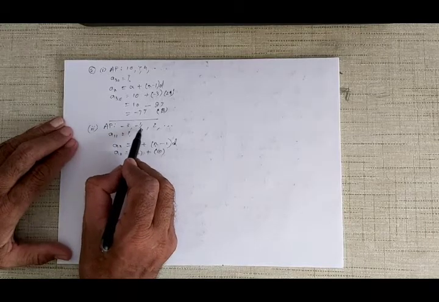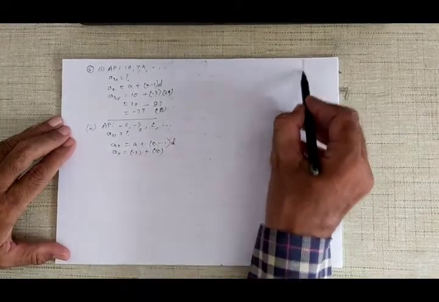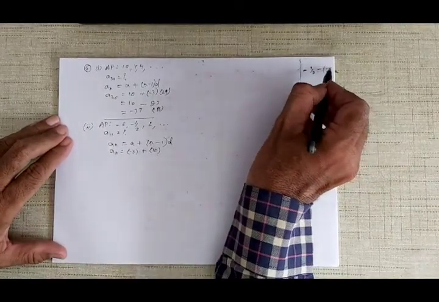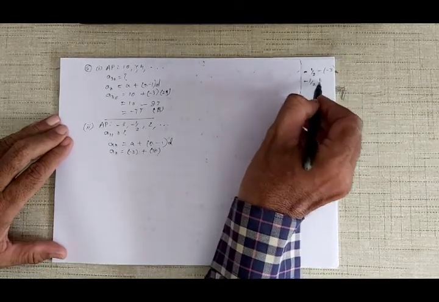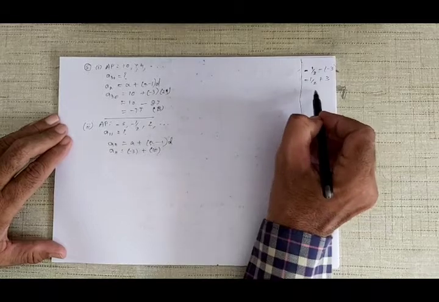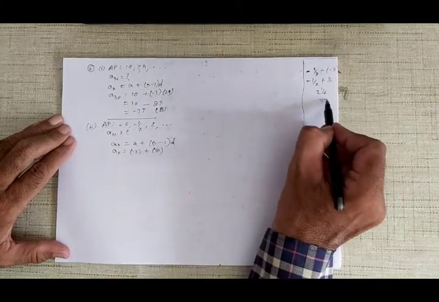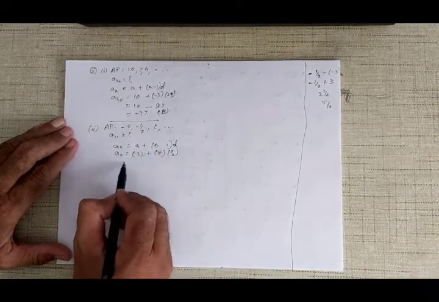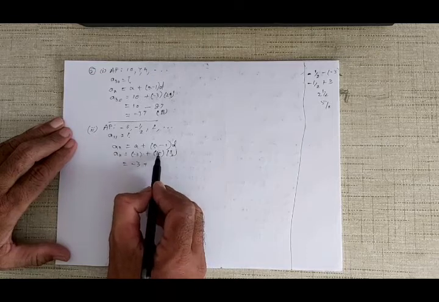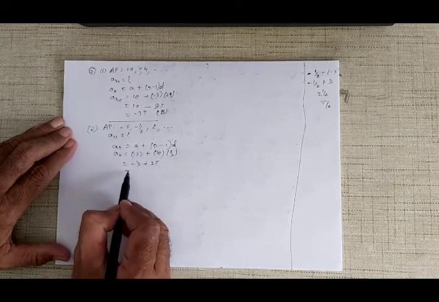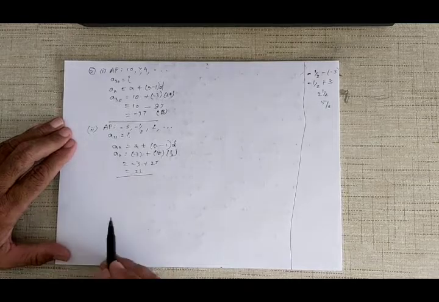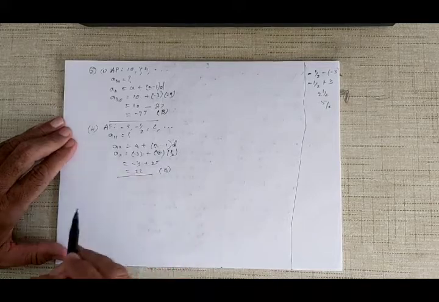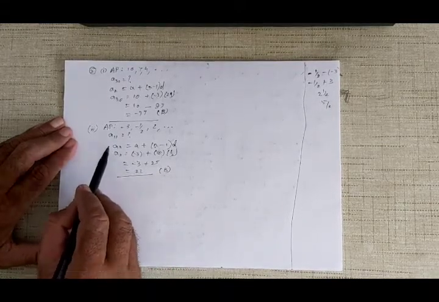D is what? Minus half minus minus 3. So actually minus half plus 3. 3 minus half is 2.5, which means 5 upon 2. 2 2s are 4 plus 1, 5 upon 2. So this is 5 upon 2, D. Minus 3 plus 2 5s are 10, 5 5s are 25. 25 minus 3 is 22. So you get 22. Now see the option there. That is also B. And you want to justify it. This is the justification; we have calculated and seen it.